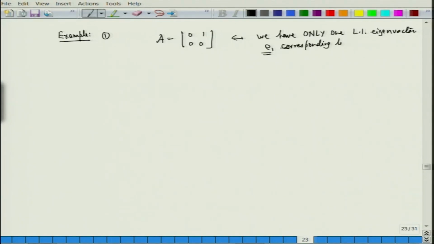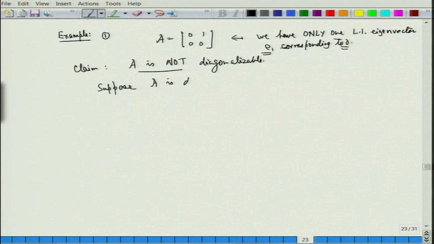So let's try to show that A is not diagonalizable. Claim: A is not diagonalizable. How will I do it? On the contrary, suppose A is diagonalizable,